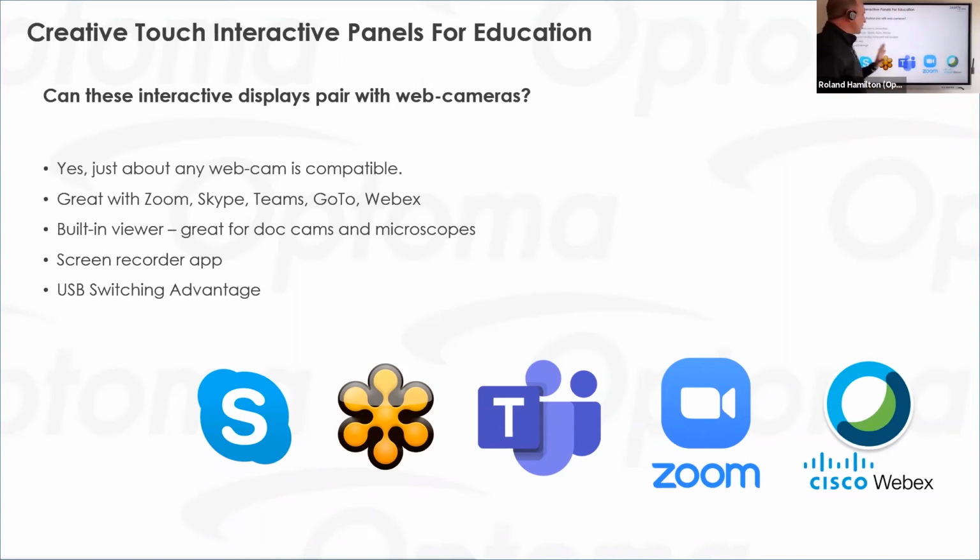And in addition to being able to interface with these video chat applications, we've built in another really unique feature of Creative Touch versus others in the space. We have a screen recording app built right in. So when you connect a webcam, you can create videos capturing what's on screen along with a picture-in-picture of the